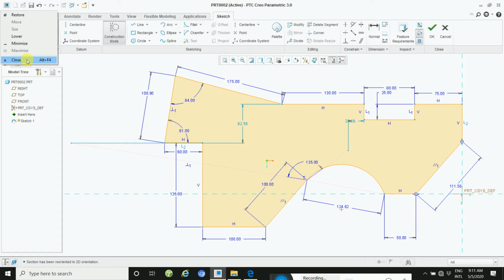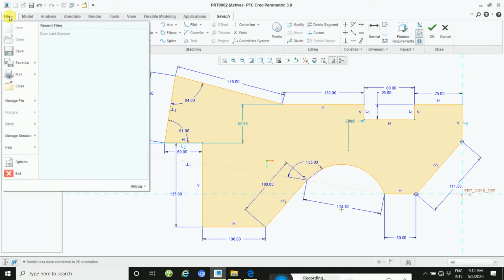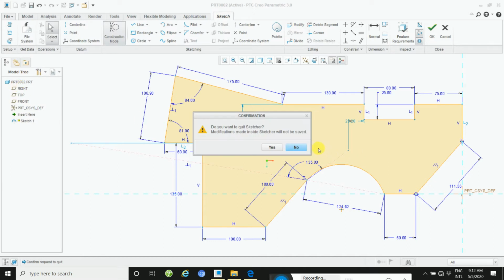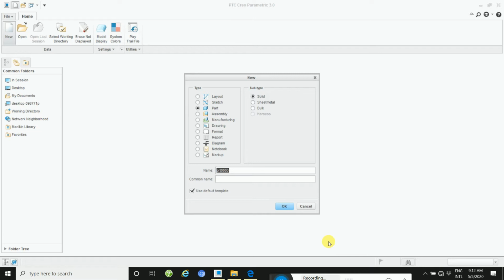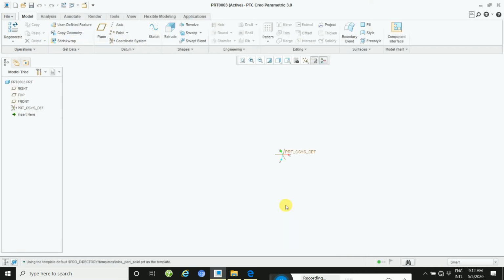Minimize, otherwise close it. So take a new file, your file, and then open this way, but first you will close this file, and then take new, open.